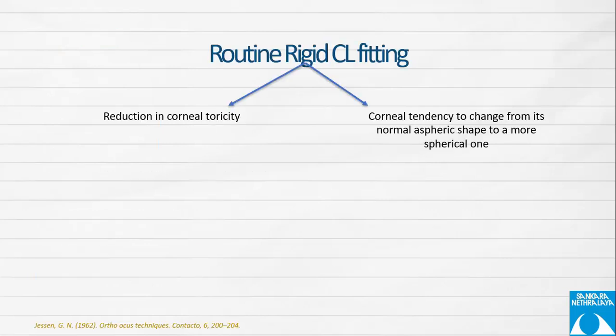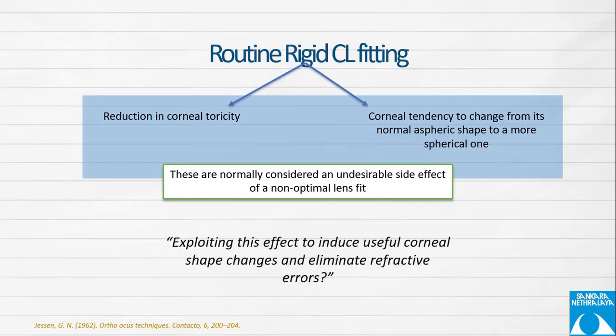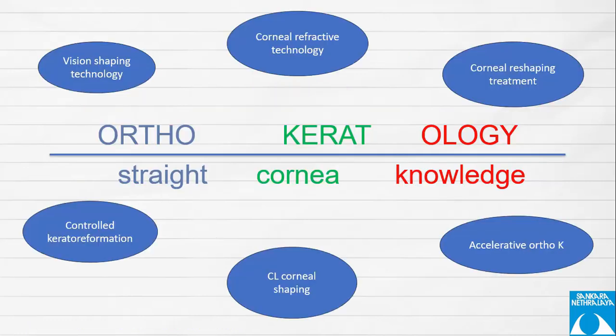Routine rigid contact lens fitting has a few drawbacks: reduction in corneal toricity, or the cornea tends to change its form from normal aspheric to a more spherical one. These are normally considered undesirable side effects, but Ortho-K exploits this feature to eliminate refractive error. Orthokeratology also has various synonyms: vision shaping technology, corneal refractive technology, controlled keratoreformation, accelerated ortho-K, and contact lens corneal